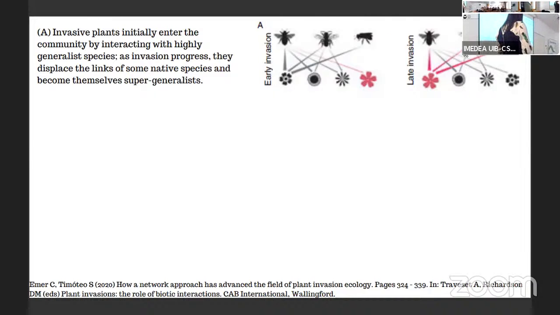This animal can interact with a lot of plants, and the new plant enters the community interacting with this animal. As the invasion progresses, in the late invasion situation, they displace the links of some native species